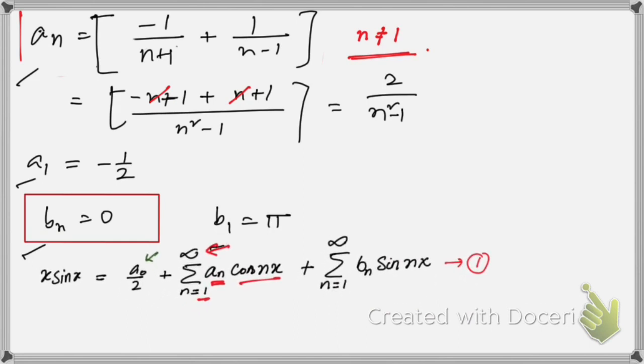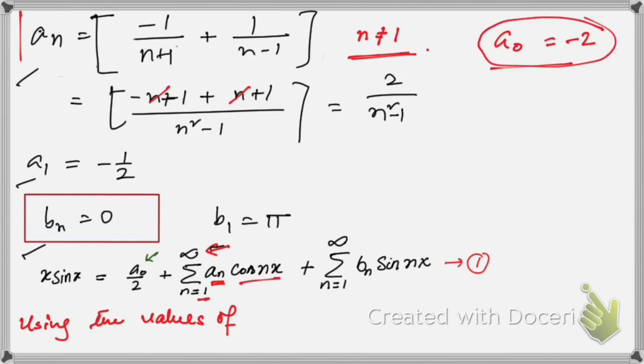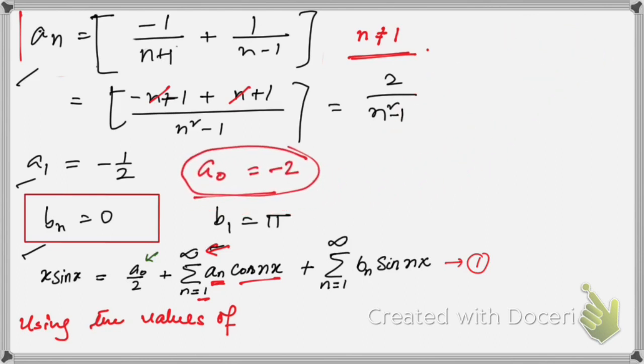Okay, so what we're gonna do, using the values of, and I forgot one more thing, that is a naught. A naught we had got minus 2, right? So we have to use this value as well. Putting the values of a naught, a1, an, bn, then b1 in equation number 1, in this first equation. So doing so, what we will get,